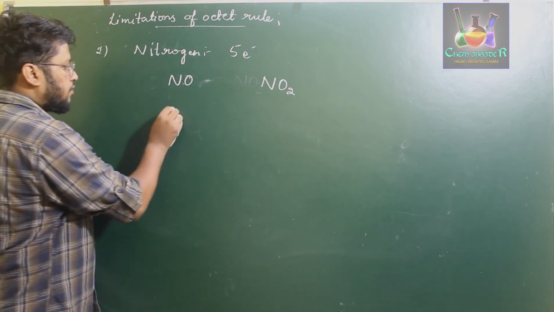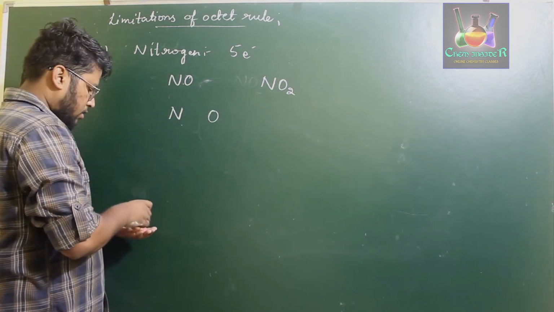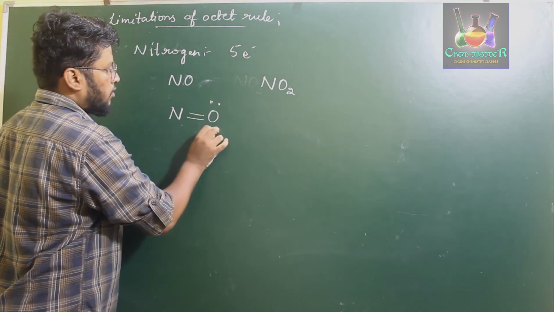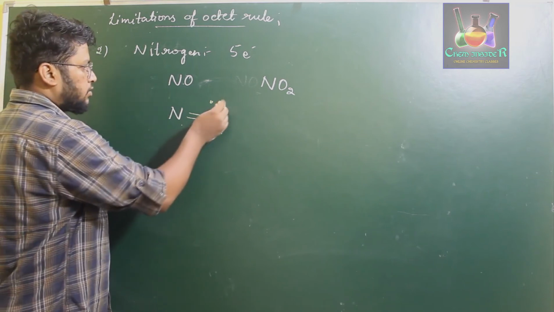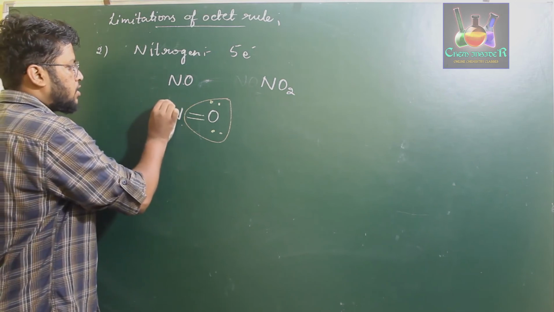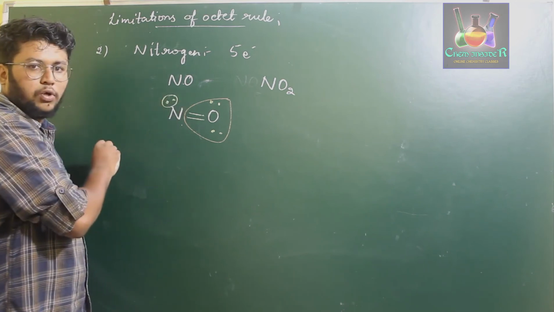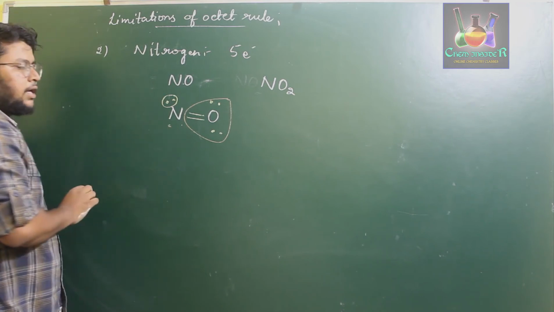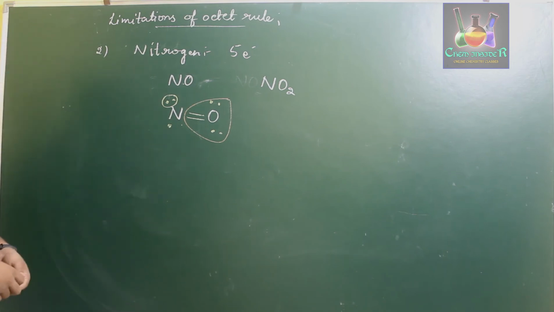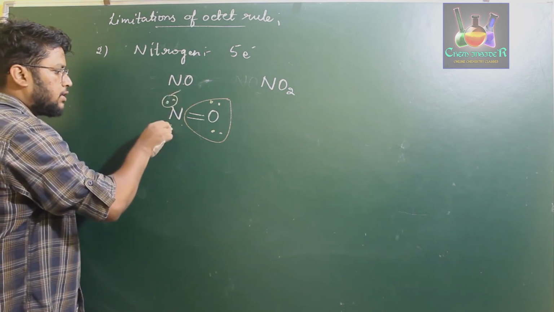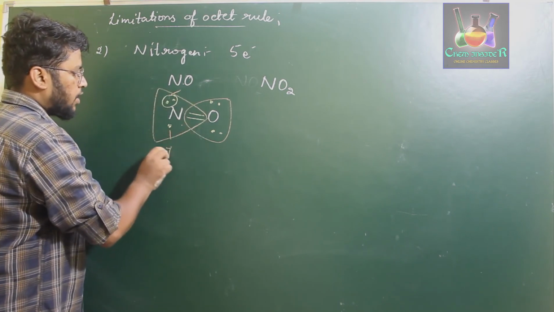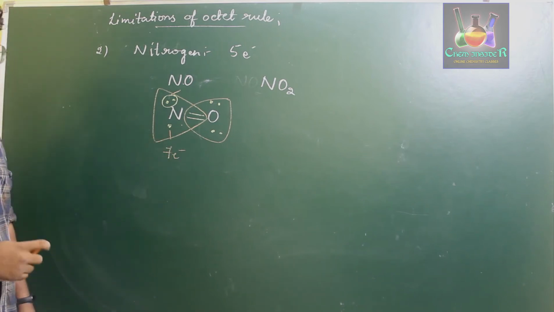Like if you write down the structure for nitrogen with oxygen, it involves a double bond. Oxygen carries 2 lone pairs of electrons. Now the total electrons in the oxygen is 8. Okay, that is good. But if you consider the nitrogen, it has 1 lone pair of electrons and 1 single bonding electron. So now if you calculate the total number of electrons present on nitrogen, that will be 2, 3, 4, 5, 6, 7. So this nitrogen was found to have just 7 electrons but not 8 electrons.